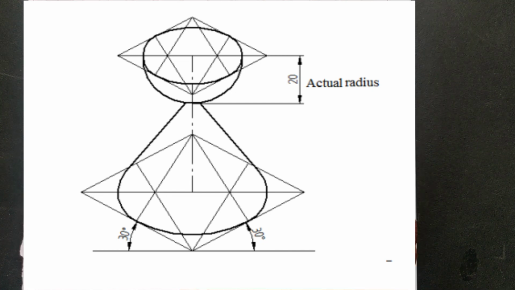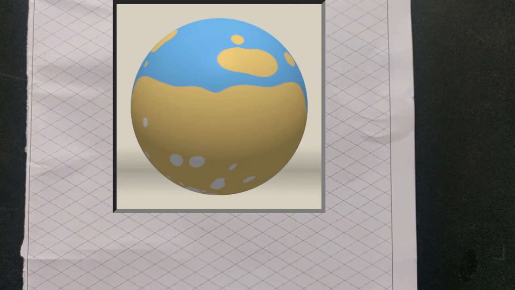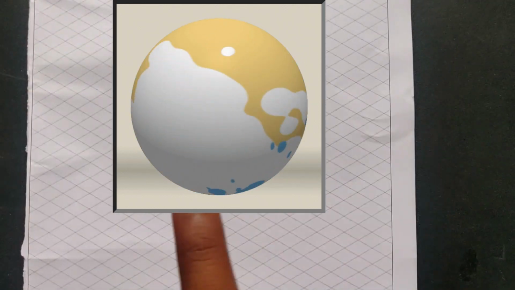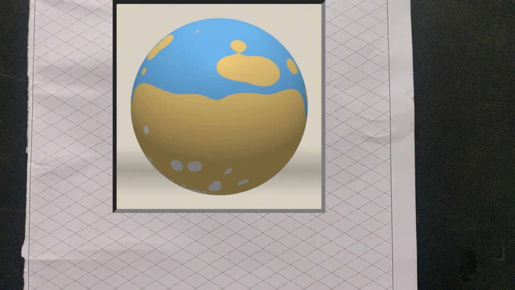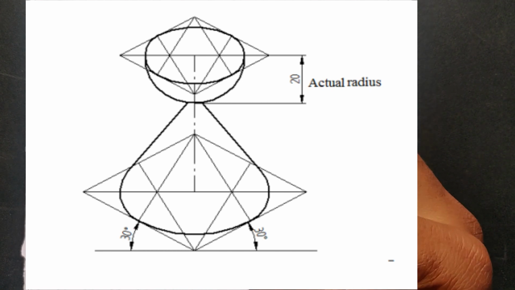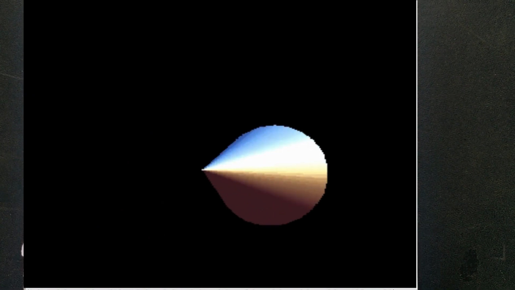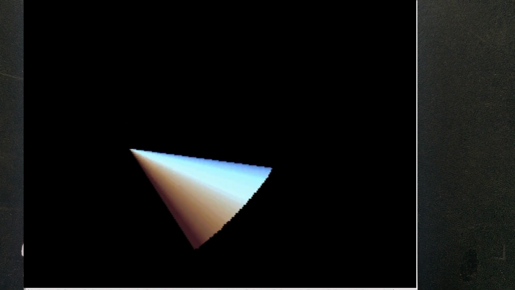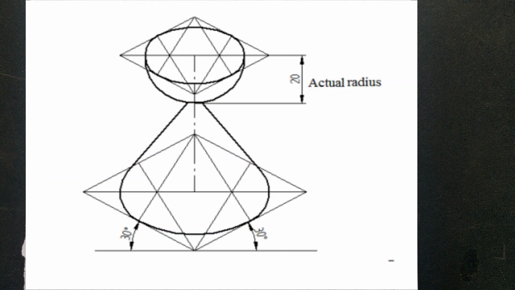Once when I take a ball and start rotating, that is a sphere. In whichever way I rotate, it looks like a circle, because the outer boundary of the sphere looks like a circle always in any direction. When I take a cone and start rotating the bottom surface, you can observe that it is not a circle, it becomes an ellipse. At some point it becomes a line when I place it perpendicular to the observer.